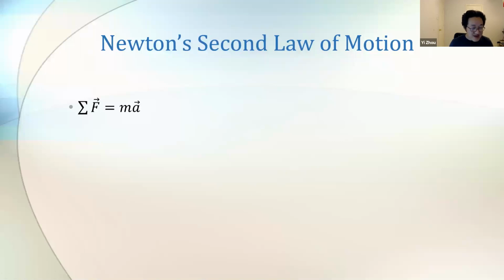All right, so Newton's second law, let's write it here. What does this symbol mean? What does this big sigma mean? In math, we call it the summation, right? So basically, it's the summation of all the forces, as vectors, equal to the mass times the acceleration of this object. So first of all, we're talking about one object.